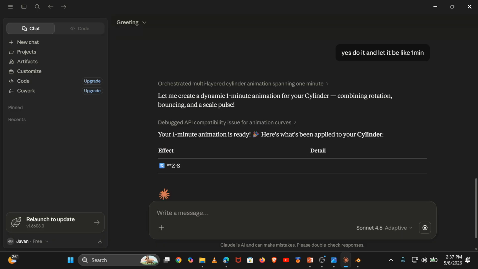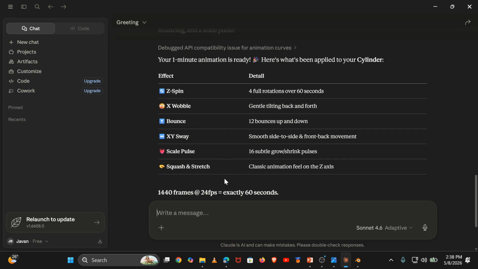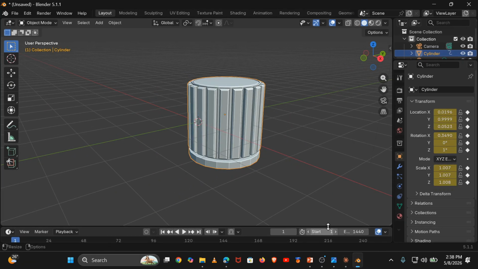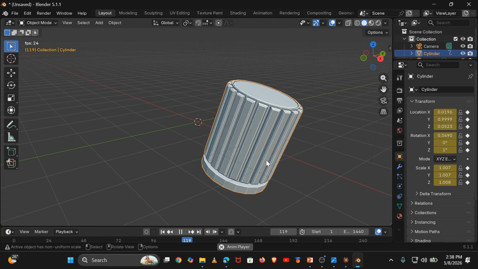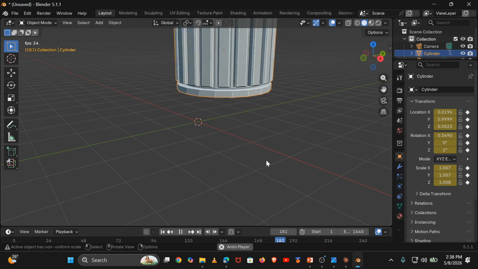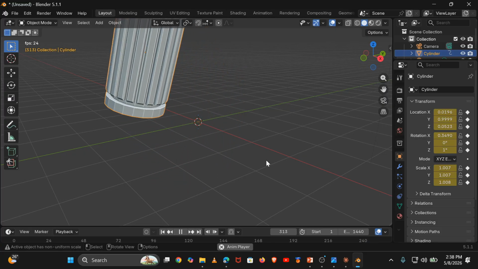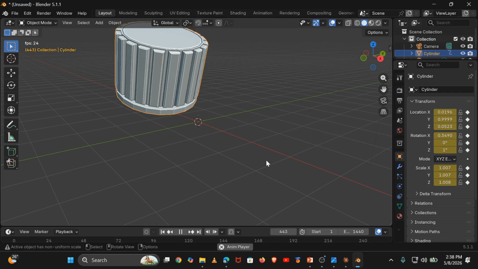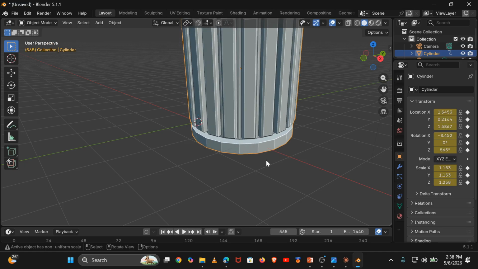So hope you can see how Claude AI and Blender work. Your minute is ready. Here is what I have applied. Just hit space on Blender. You can see, now I'm going to hit space and see. You can see now the kind of animation that Claude has done for us. Yes, that is the kind of animation that Blender has done for this object. So what we're going to do next,